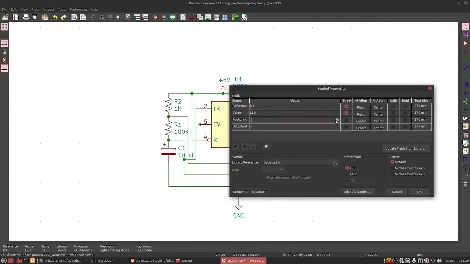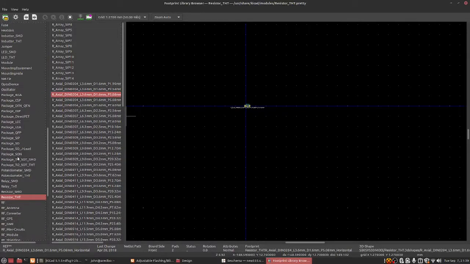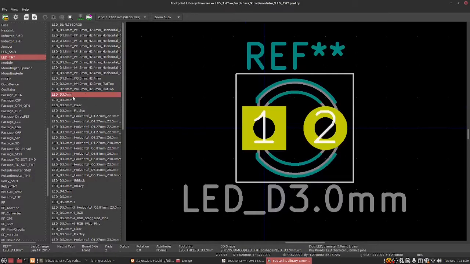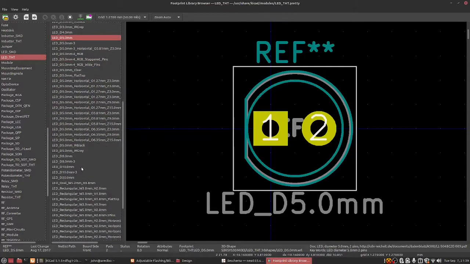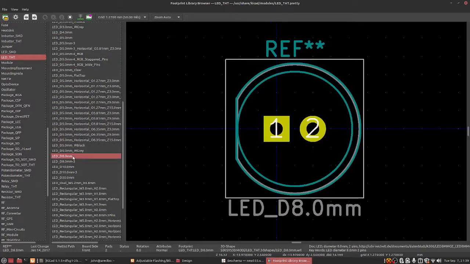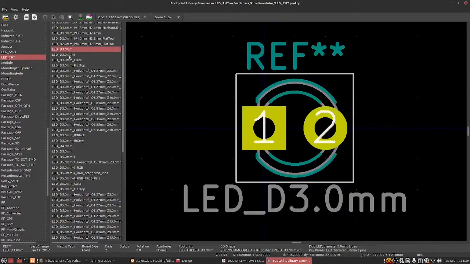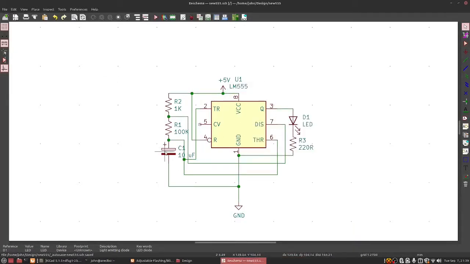All right, for the LED, there should be an LED through hole library. So I think 3 millimeters is kind of a tiny LED. Maybe you'll have a 5 or 8 millimeter LED. An 8 millimeter LED actually seems pretty big. But I'm just going to go with the 3 millimeter. I do have some of those laying around. As for the capacitor,